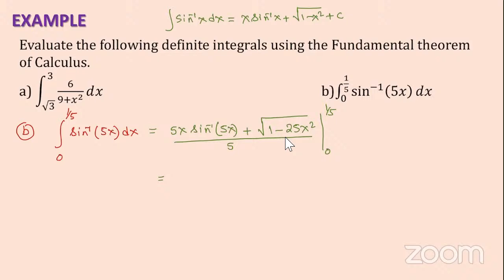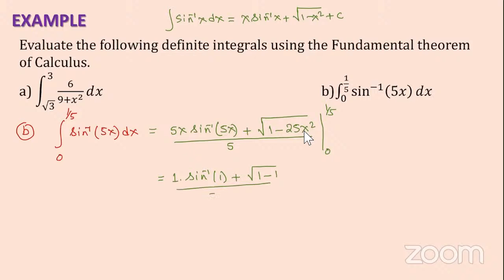If we plug in 1/5 for x, it will be 5 times 1/5, which is 1, times sine inverse of 5 times 1/5, which is 1. Then plus the square root of 1 minus 25 times 1/5 squared. 1/5 squared is 1 over 25, so 25 times 1 over 25 is 1,